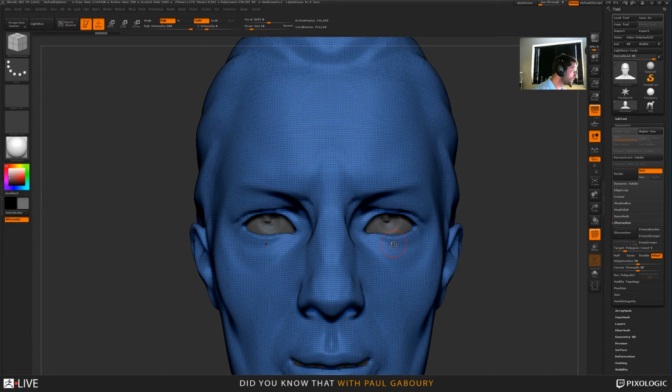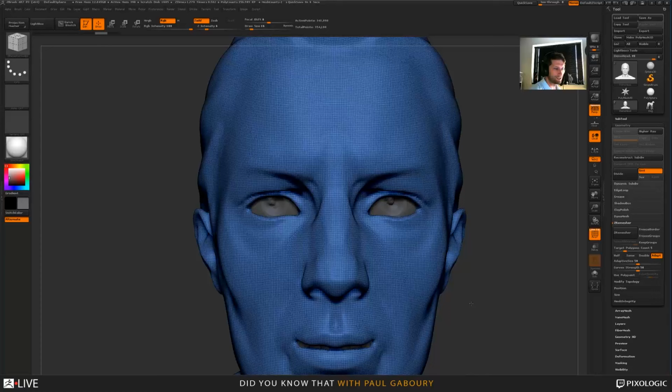So here we go. Let's take a look at these guides. So this is going to work symmetrically. Your draw size is going to play a role in this, right? So the bigger I go, you can see the larger the points of interest are. Okay? So if I go to a smaller draw size,